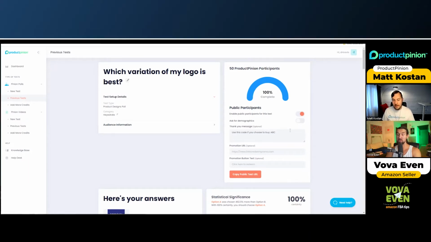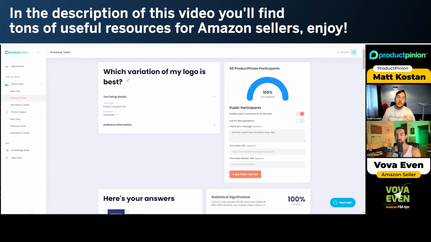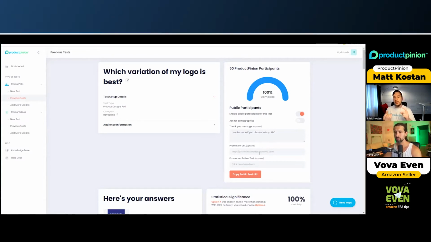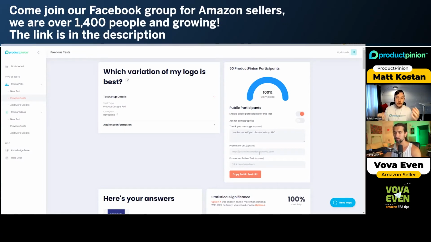On top of that, we've also implemented a thing where once they give you the result, you can pipe them to Amazon, to Shopify, wherever you want, with a discount code as a reward for participating. So now not only are you winning because it's an excuse to keep in touch with your customers, your customer base feels more loyal and more attached to you because you're getting their feedback. But the third thing is you're also making money